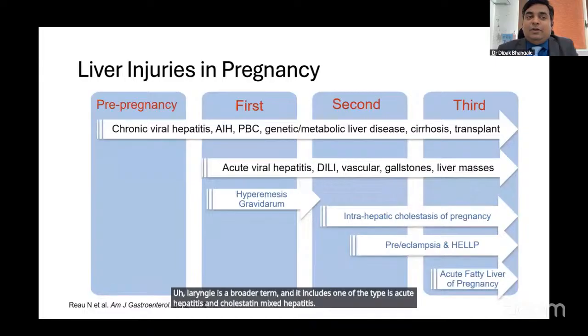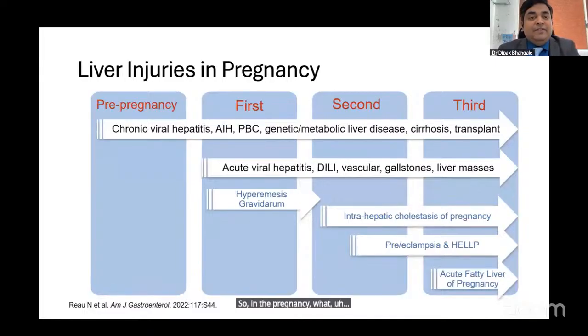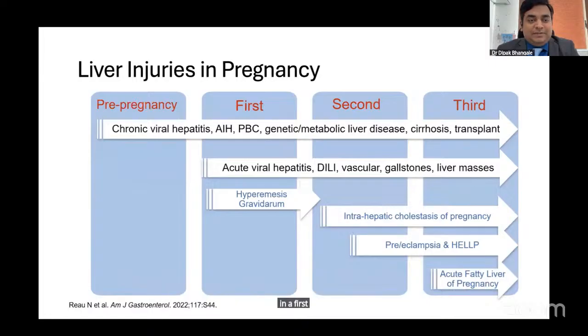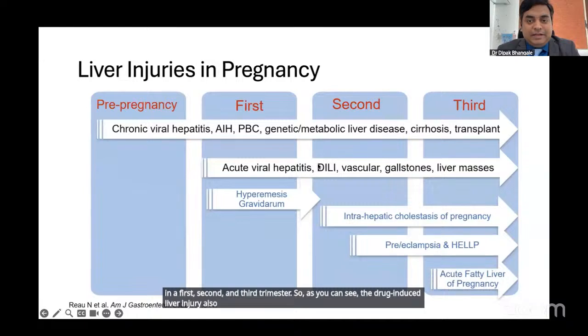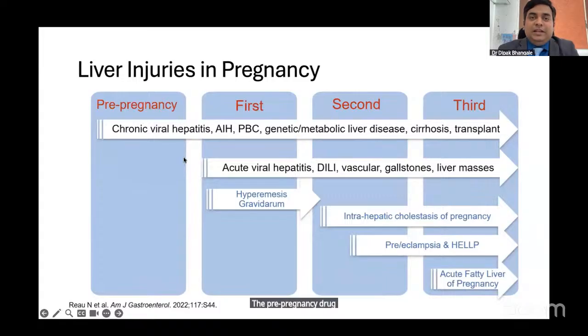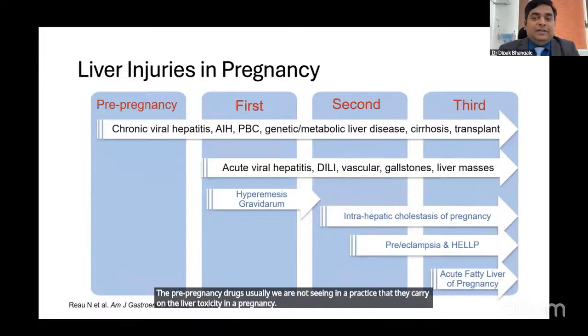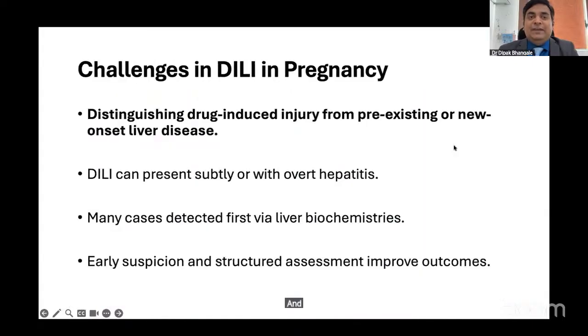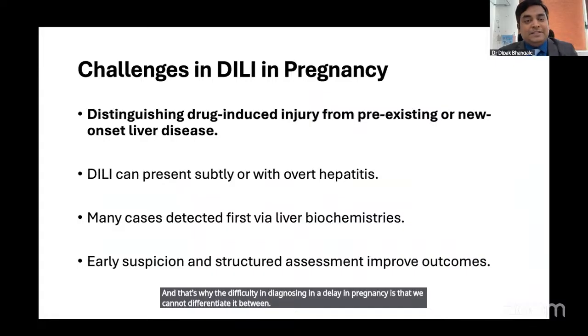In pregnancy, the different types of liver injuries vary in distribution according to time in the pregnancy, in the first, second, and third trimester. As you can see, drug-induced liver injury is also included. That is mostly in the first, second, and third trimesters. Pre-pregnancy drugs we usually do not see in practice carrying liver toxicity into the pregnancy. So the distribution is very wide. And that's why the difficulty in diagnosing DILI in pregnancy is that we cannot differentiate between pre-existing or new onset liver